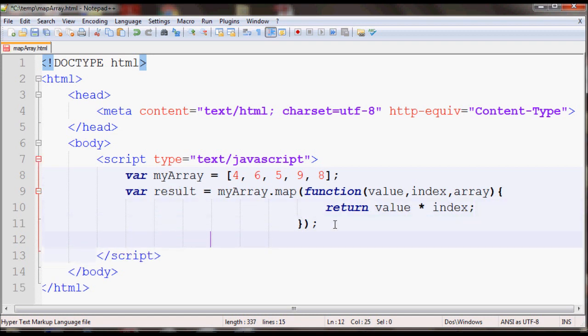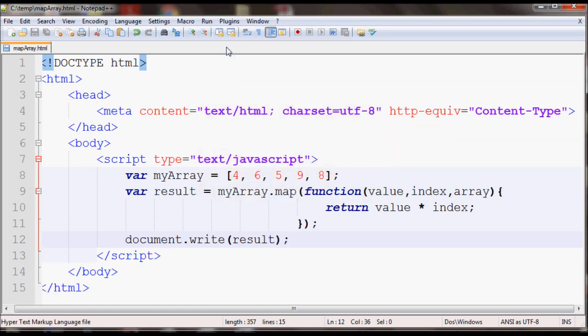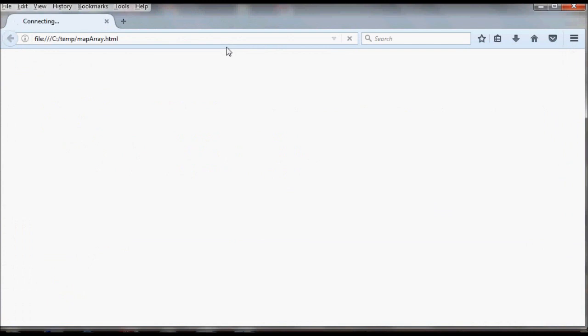So let's print out the result, document.write and result. So if you open this in your browser, it will contain the result. So for example, it says 0,